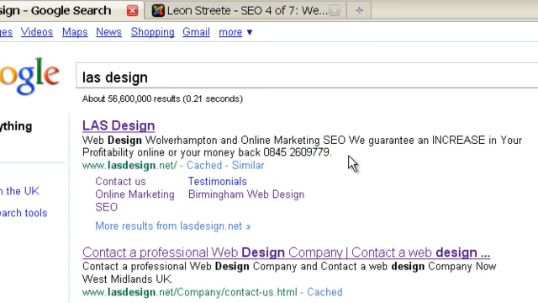Now, just to get you thinking, whenever you are creating meta description tags, I do recommend putting in your key phrases, and you can do this for all the pages on your website, so therefore you don't have to stuff them into the meta description tag for your home page. You can do this for all the pages on your site and include something that actually reads well for people,